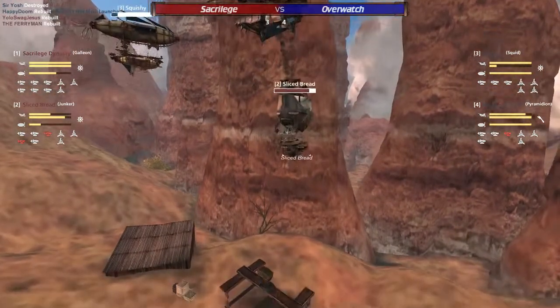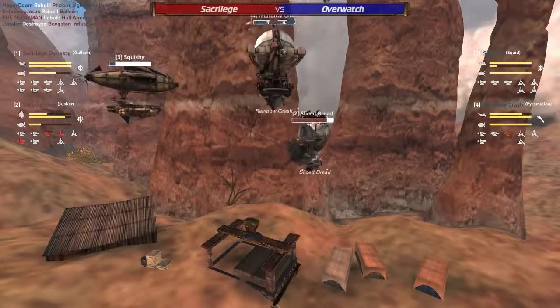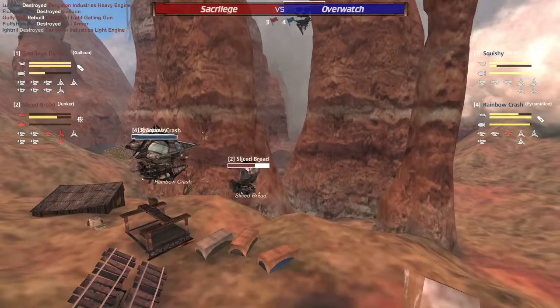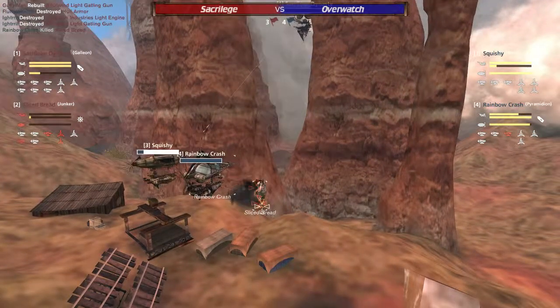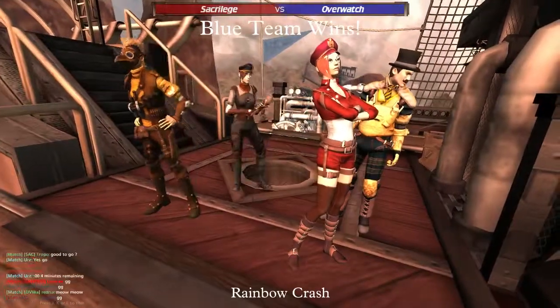Rainbow Crash still slapping him down into the ground, however, continually. Sacrilege Dynasty now trying to come up through the side. Rainbow Crash going to turn on Sliced Bread. Desperately trying to escape. Balloon's down. Armor is down. They're about to hit the ground. And Overwatch has done it. What a comeback there